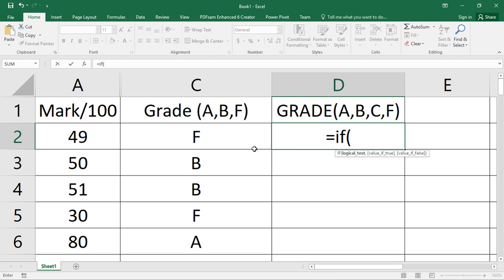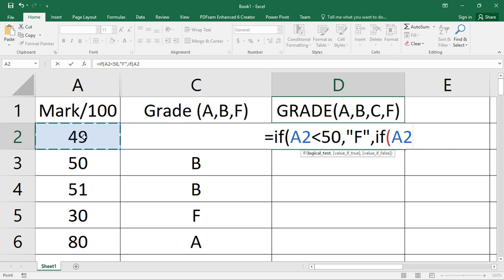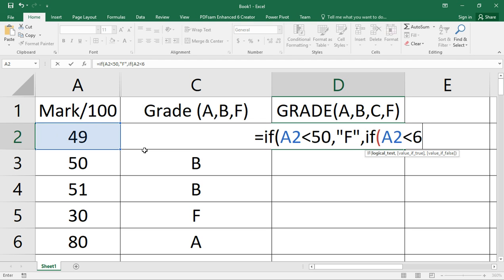The logical test is about A, you can click it like what I did here, less than 50, then that's an F. Then we need to check again if the value in A2 is less than, now our C ends at 59, so we say is less than 60, then that's a C.